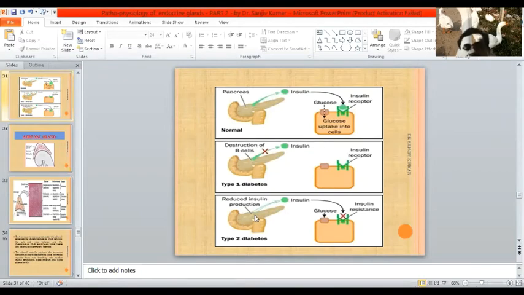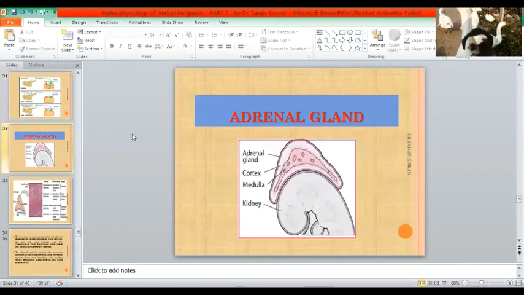But in diabetes 2, the secretion of insulin may be normal. There can be a slight decrease or even a normal level of insulin, but the utilization of glucose by the cells does not occur, since there is a change in the receptor structure, and these receptors cannot recognize insulin and allow it to act over the cell surface so that the cell can utilize the glucose. The net result here will also be hyperglycemia. And this is more common than type 1. In humans, basically type 2 is more common than type 1. So this was about diabetes mellitus.